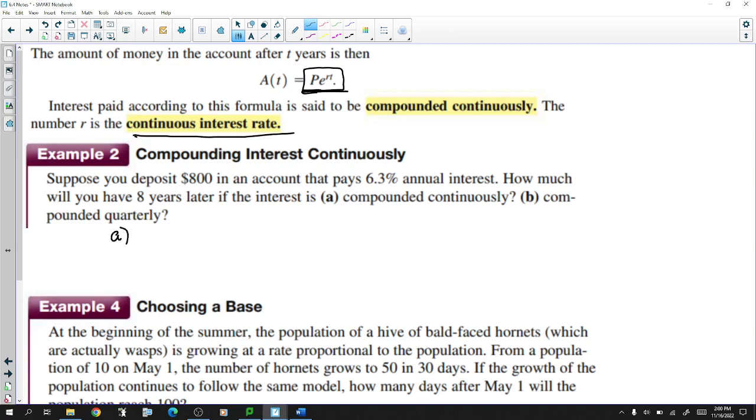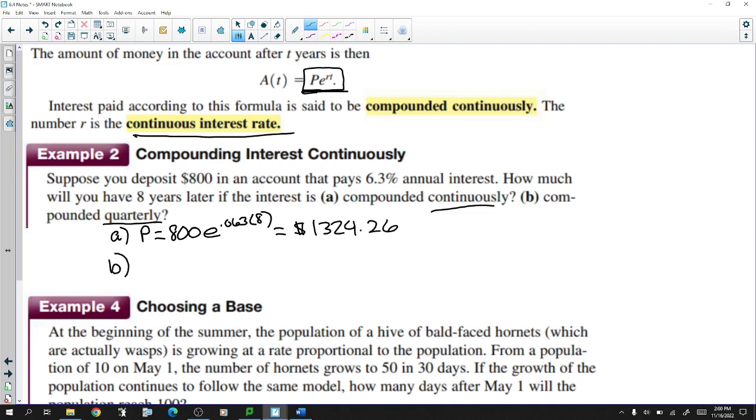So letter A, suppose you deposit $800 in an account that pays 6.3% annual interest. How much will you have 8 years later if the interest is compounded continuously and compounded quarterly? So let's look at A, continuously. The amount is going to be 800 e to the 0.063 times 8 years. And when we put that in the calculator, we get